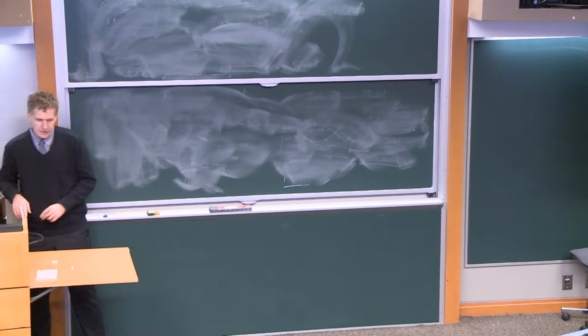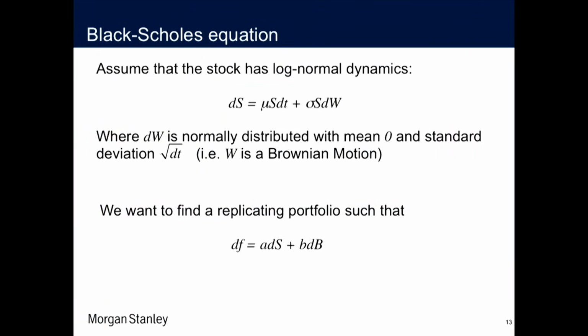And again, we will use this idea of a replicating portfolio. What would it mean in this case? Well, we would like to find such coefficients A and B on this infinitely small period of time dt, such that by combining small changes in stock with coefficient A and small changes in bond with coefficient B, we will exactly replicate the change in the payout of the derivative over this infinitely small time dt.